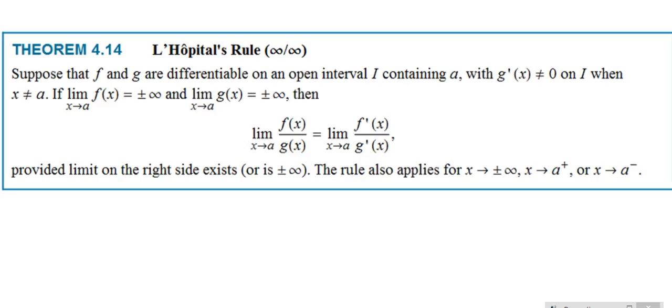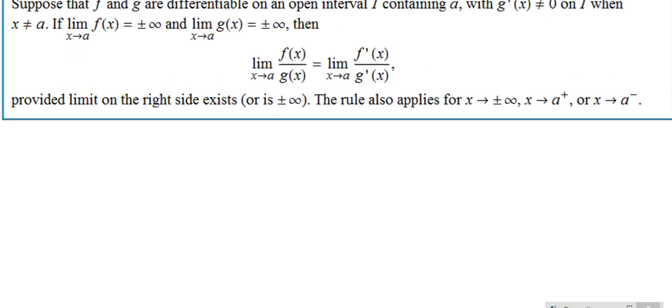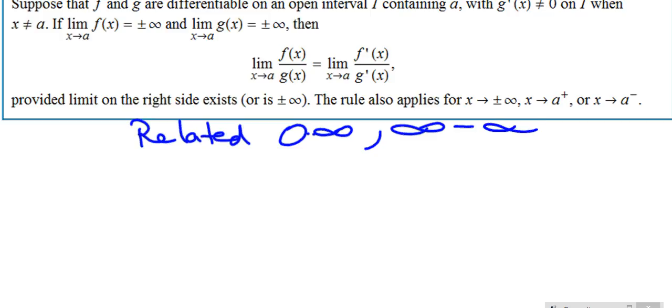So I'm going to go on to the next thing, which I want to talk about: related forms of this one, which are 0 times infinity and infinity minus infinity. We want to recast these into a 0 over 0 indeterminate form or an infinity over infinity form. So when dealing with these two special cases, I'm going to try example number